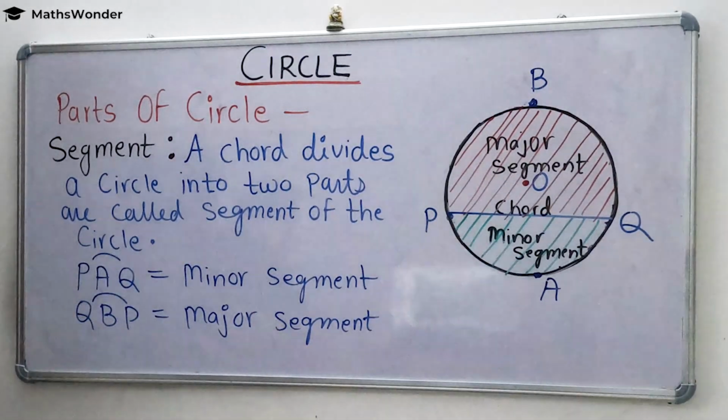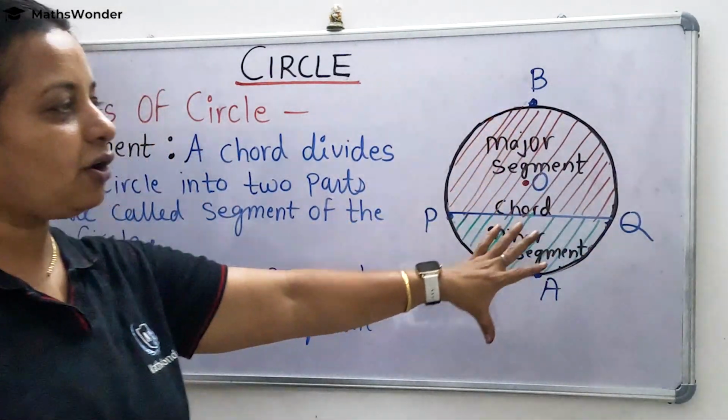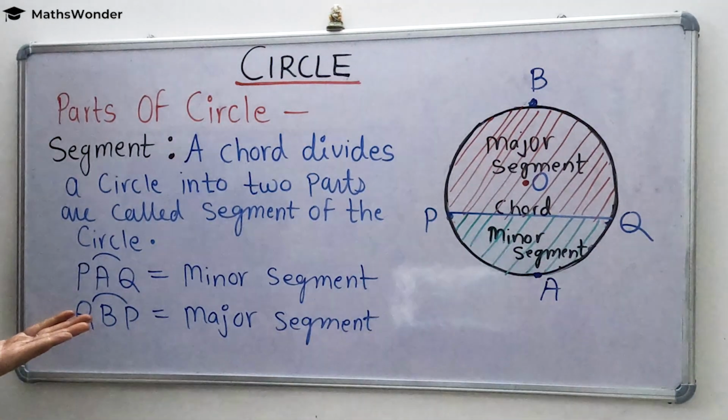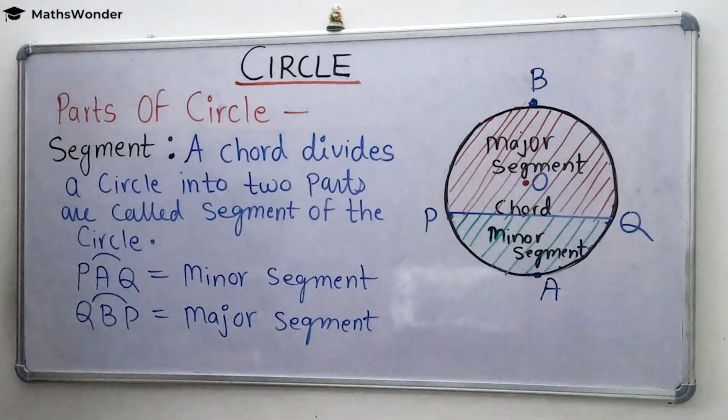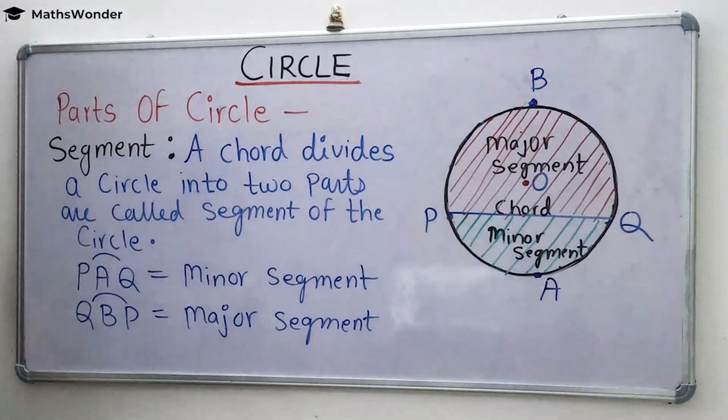Now, interior and exterior of a circle, you know it. Interior of the circle means whatever is inside the circle, we call it the interior of the circle. Whatever is outside the circular region, the boundary of the circle, we call it the exterior. So this is another concept of the circle. As you know, the interior of the circle is the area enclosed by a circular region by